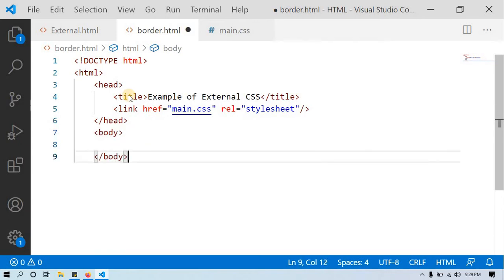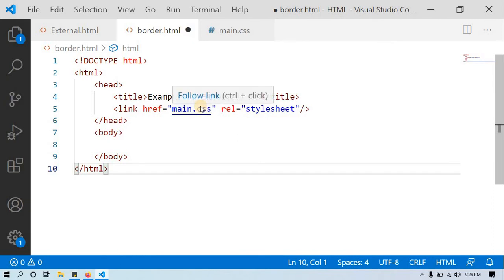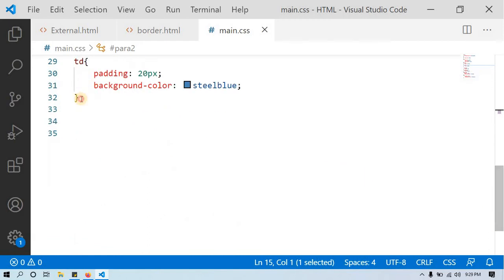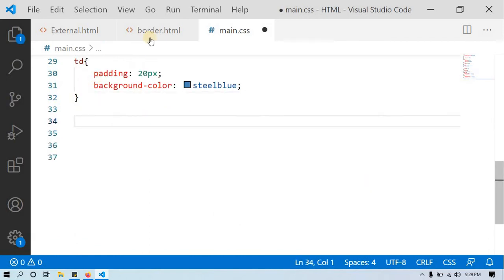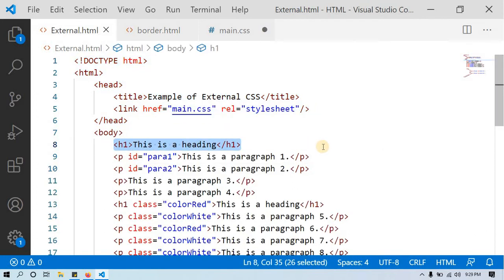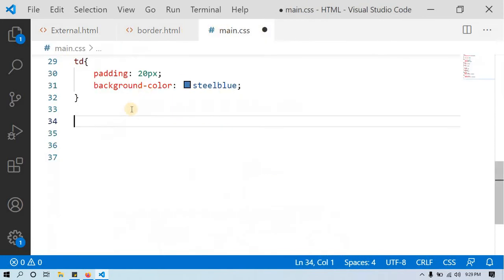We have to close the HTML. Right, so main.css. Here I need to write. I already have the main.css. So here, first I want to write the style for the heading. The first heading I want to have the